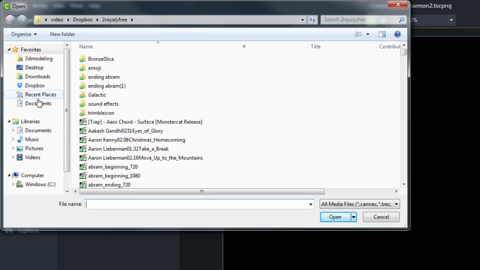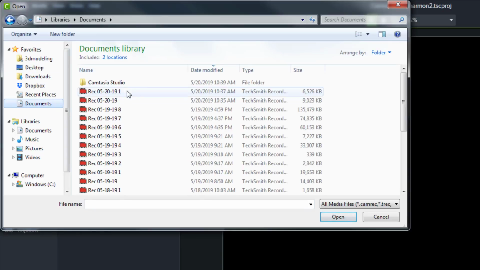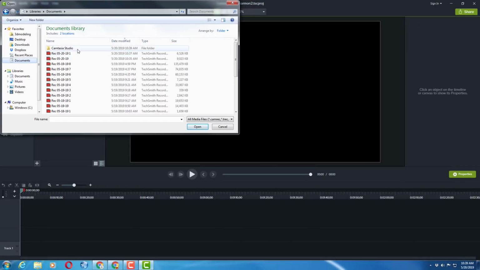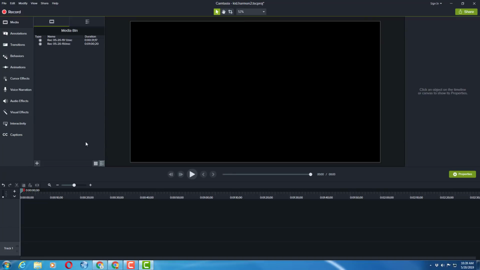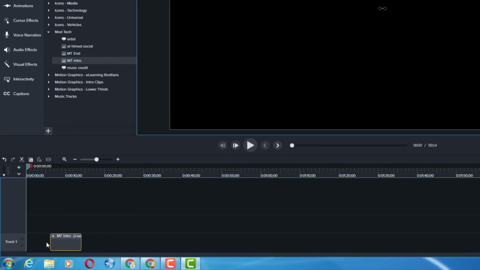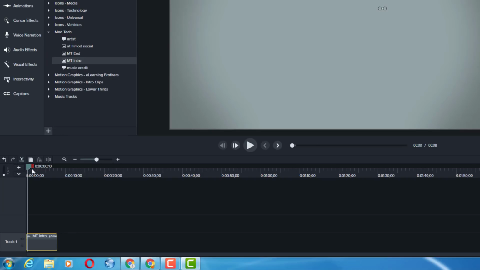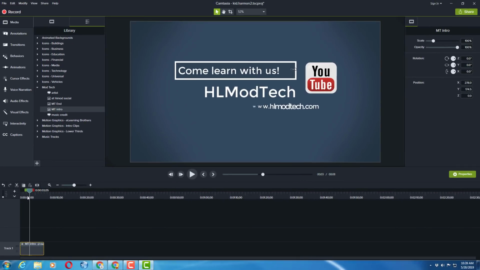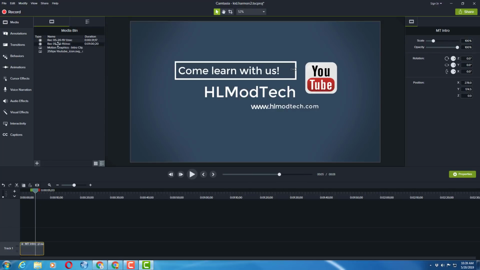And then our media is stored in the Favorites, Documents folder, and then it's saved by date. Today I recorded 2 files. I'm going to bring them both in, and I'm going to click Open. Before I drop them in, I'm going to go to my library, and then I'm going to drop in my Modtech intro. I want that in front of all the videos you create. If you slide this across, you can see that is my HLModTech YouTube channel intro. Then go back to your footage, and then